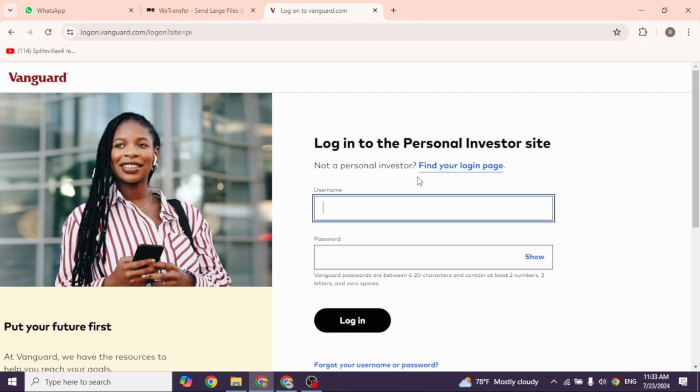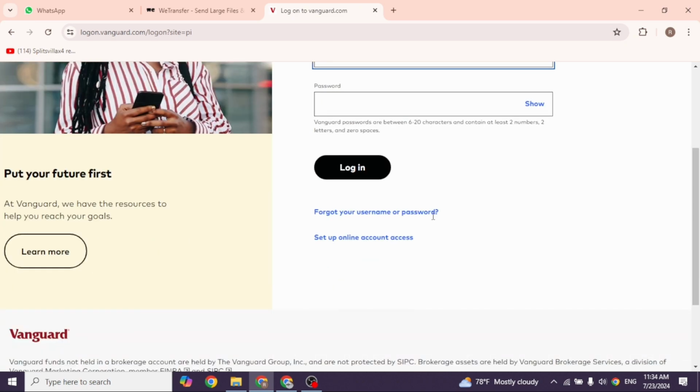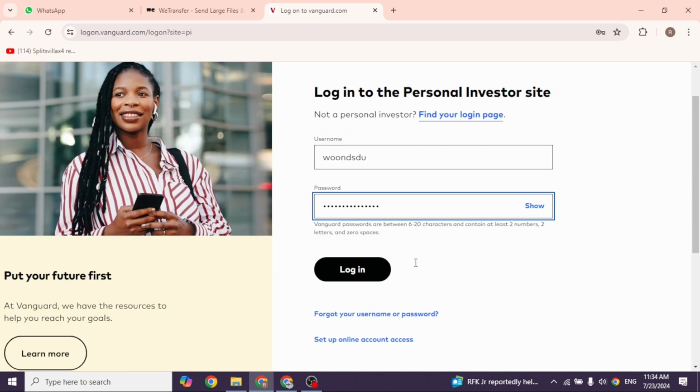Now from here you can easily get access to your account. All you have to do is provide the credentials. So go ahead and type in the username, then type in the password. In the case you have forgotten the username or password, you can click on this option to recover it. After you provide all the details, click on login, and just with that you will be logged into your Vanguard